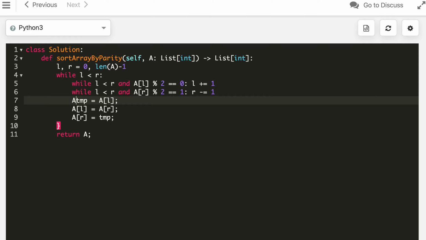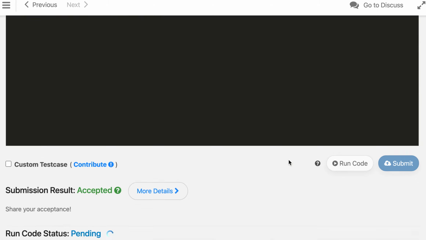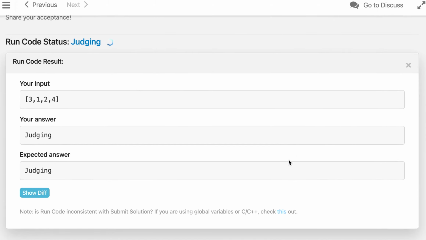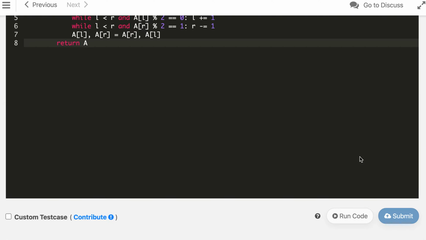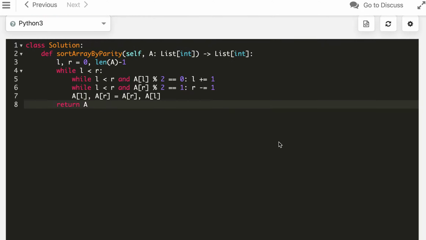Here we don't need even that. And the Python solution is also accepted.